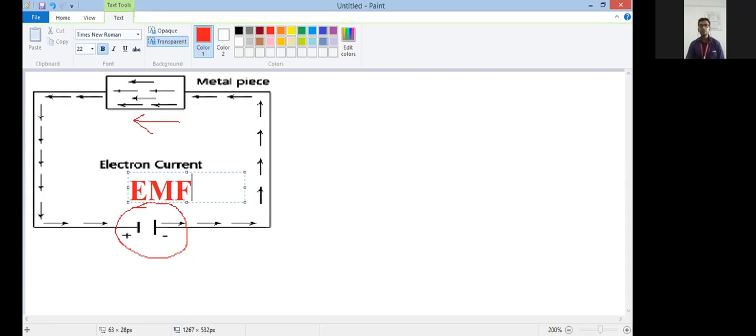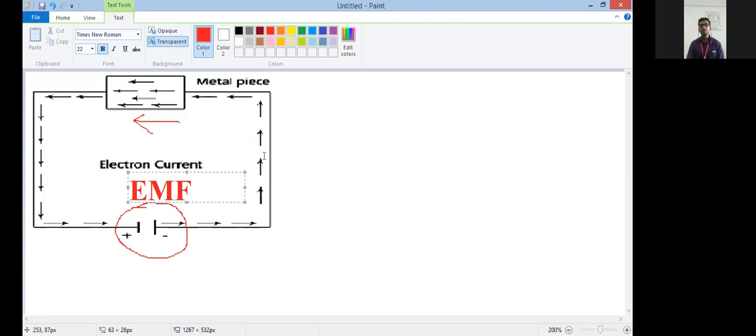Okay, and electrons flow only through conductive material. They do not flow through non-conductive material, because we already studied in chemistry that only the electrons which are free to move, move. Otherwise, they will not move. When electrons are in the valence band and they are ready to move to the conduction band, when you apply some force to it, that valence band electron goes to the conduction band and starts flowing. All these things you already studied in chemistry, but we are just brushing it up so that you get to know how the current flows.